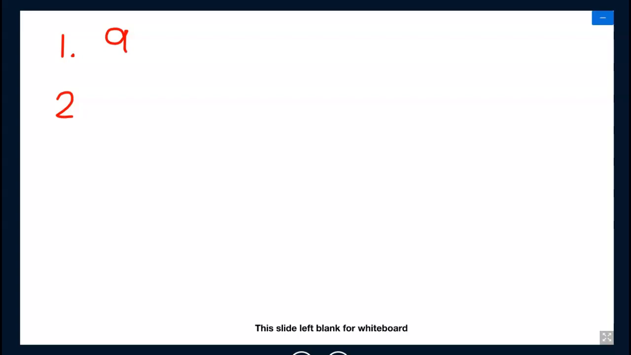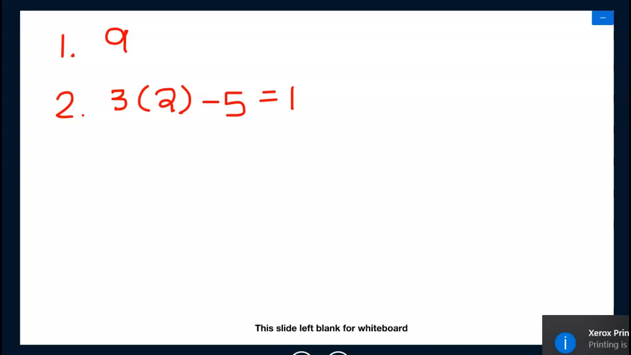Number 2. Do we agree or disagree? So you have 3 times 2 minus 5. I agree. Now, I just wanted to get your classmates talking. Okay, number